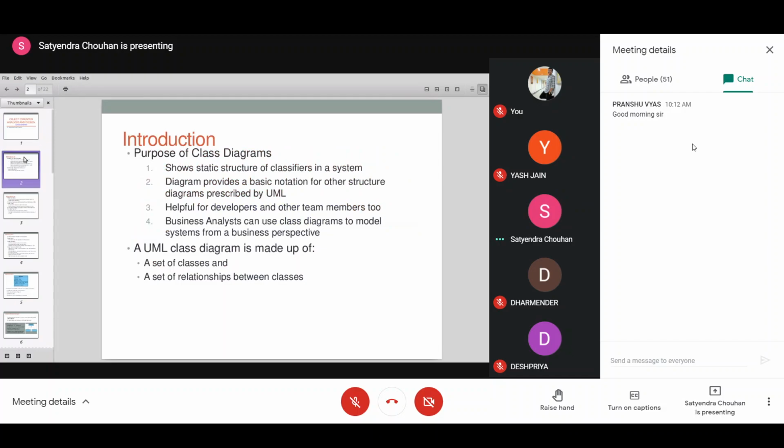So the purpose of class diagram: we basically show the static structure of classifiers in the system. Diagrams provide you a basic notation for other structure diagrams prescribed by the UML, Unified Modeling Language. Basically, it's a notation for writing class diagrams.